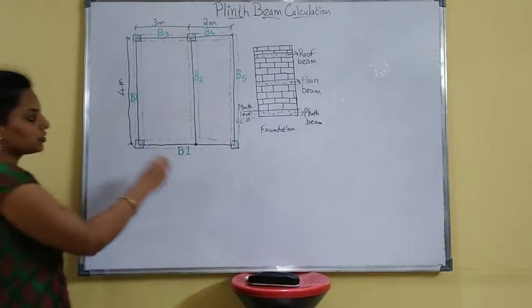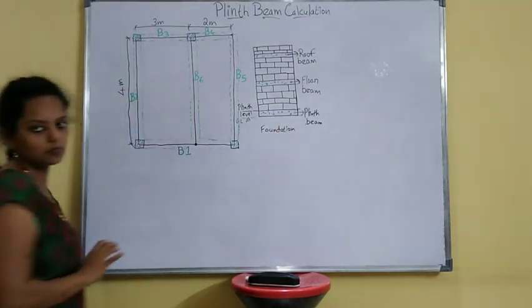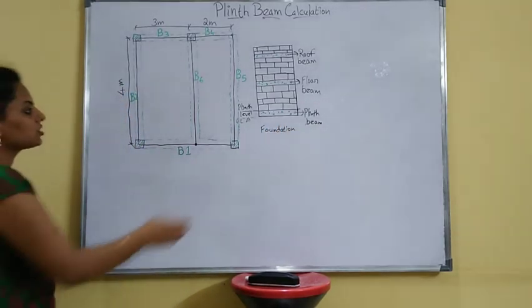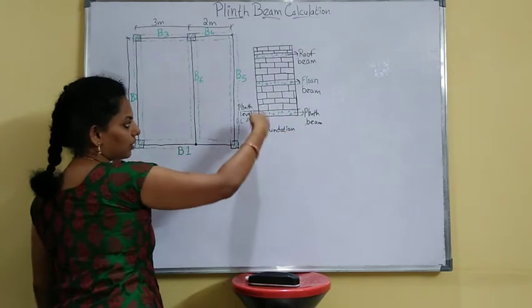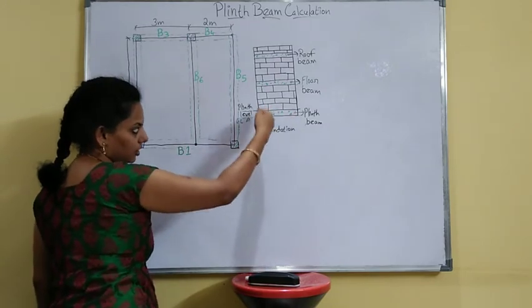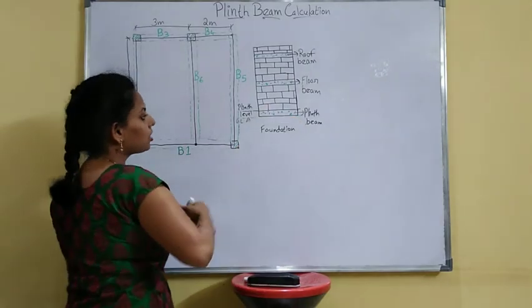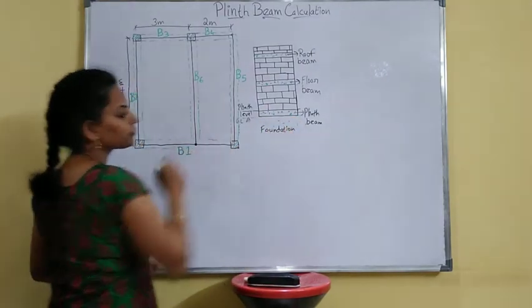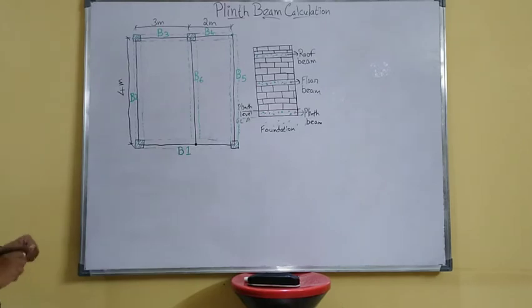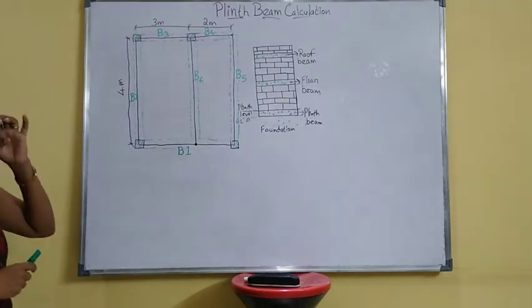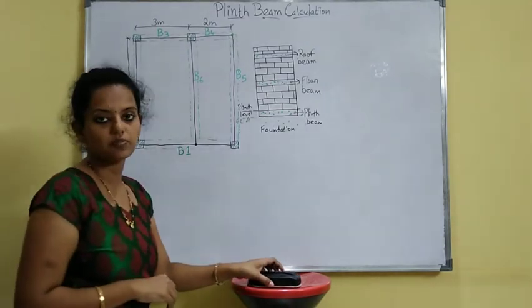Okay. Today I am going to take the part of the plinth beam calculation. So this is your foundation or footing column. The column projection and footing will be below the ground level, it will be here. This is nothing but your soil. Okay. Next, this is your plan layout. We'll see what the different types of support are.